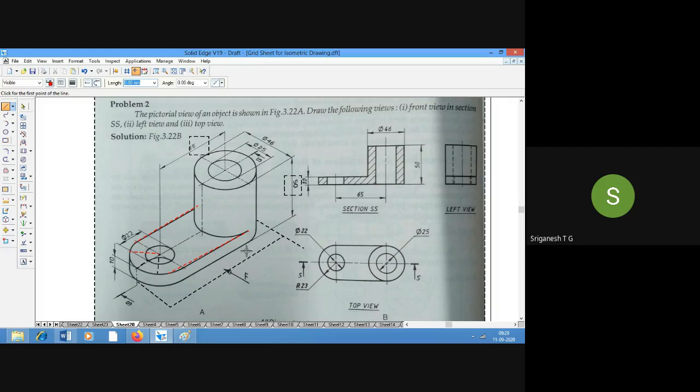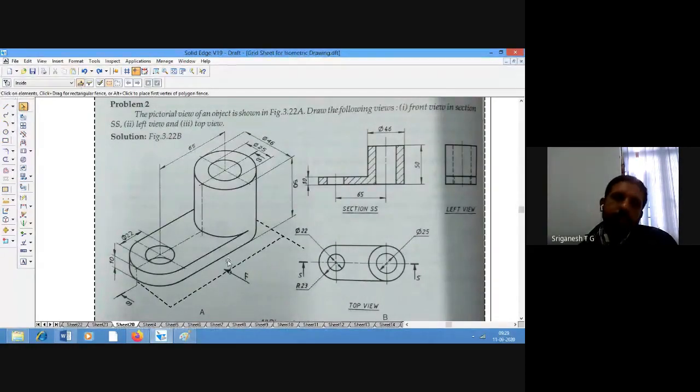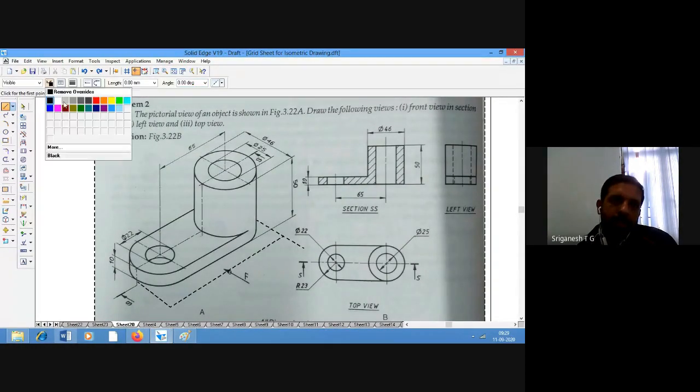This line goes and meets the circumference of the cylinder. That means these are tangent lines. So this radius and this radius are going to be the same, which means the same diameter, 46. After all these things, what should we observe? See this particular thing that they have given.